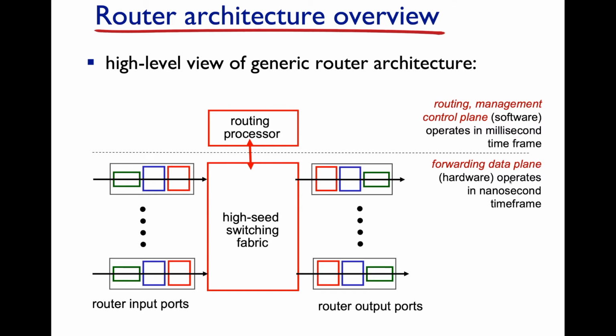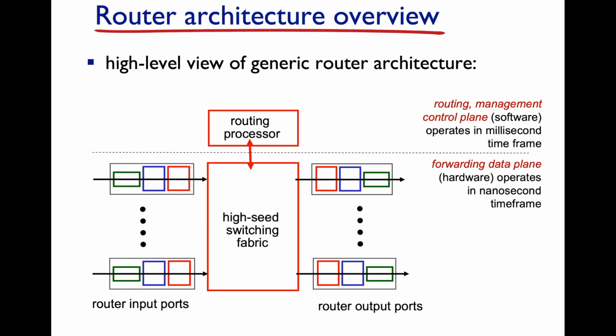And so this hardware operates in nanosecond time frame, 10 to the minus 9. It's really, really fast. And as you can imagine, it has to be fast because if you want to get 10 gigabit and 1 gigabit data speeds, this thing has to be really fast, and it's usually on the order of 10 to the minus 9 or nanoseconds. Conversely, the control plane consists of the routing processor, and the routing processor makes all of